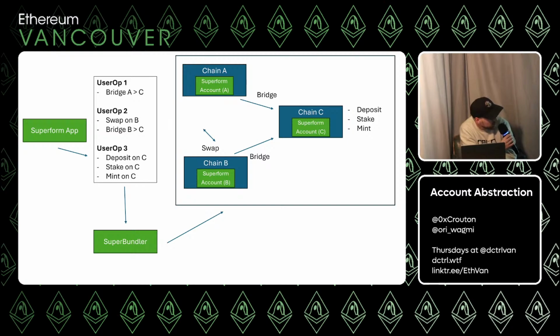And then the Superform account opens up that message and says, okay, what you actually want to do is this part of the message. Because signatures can be anything, it's up to your creativity to figure out how you want to sign it, because you're not signing transactions, you're signing user operations. I think that was the signing confusion there.